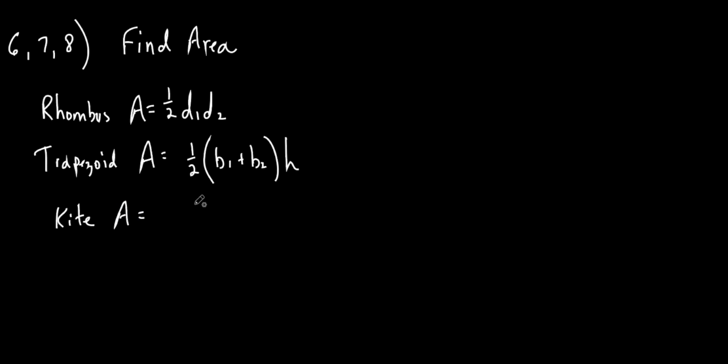It's already up there. It's 1/2 what? That's right, D1, D2. All right? So 6 and 8, they have pictures. They don't just tell you the bases and the heights and all that. They give you a picture. You got to figure out which one's the base, which one's the height, which one's the diagonal, all that kind